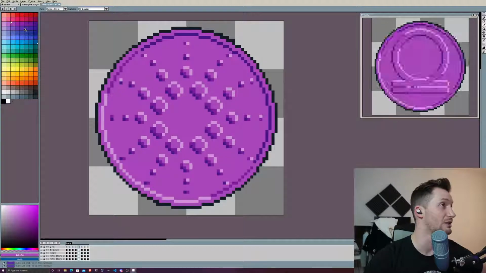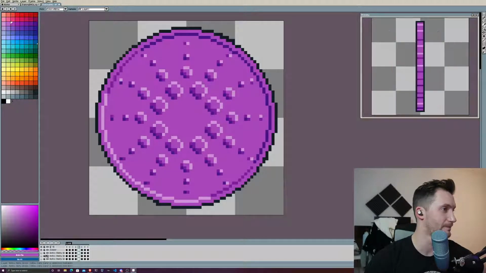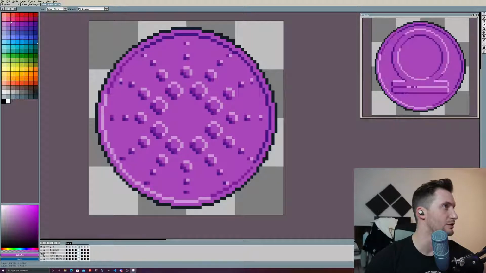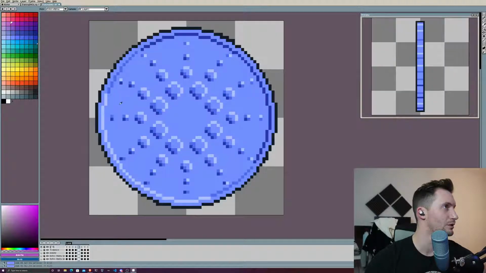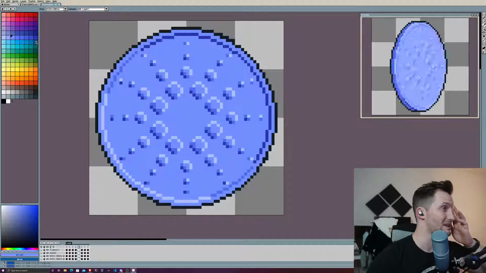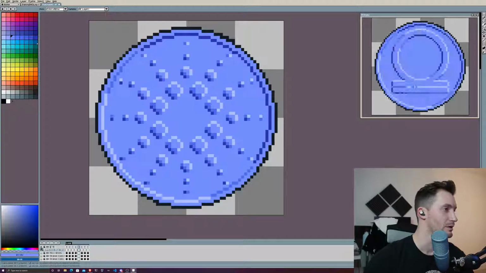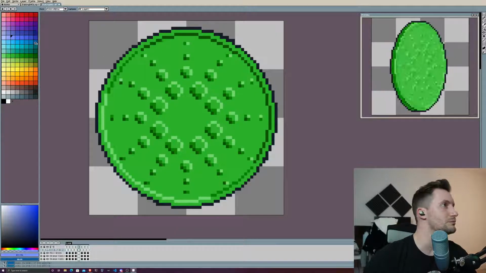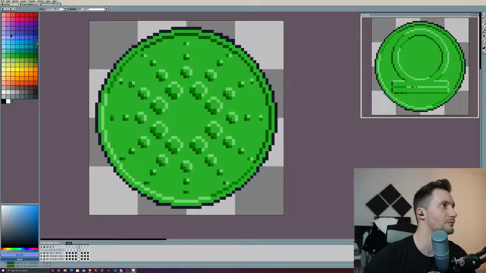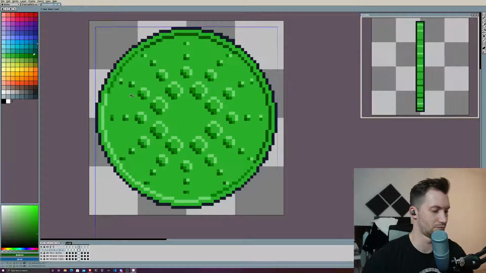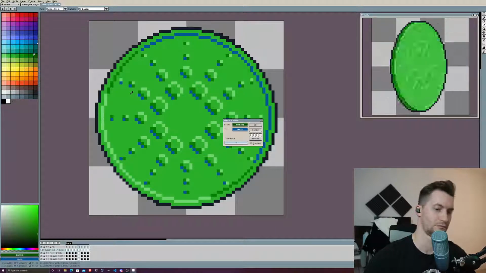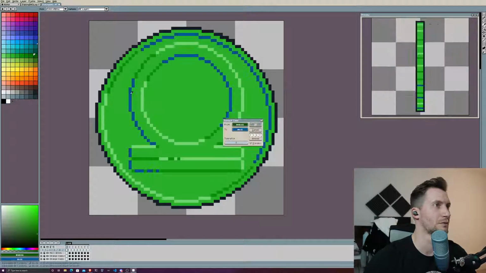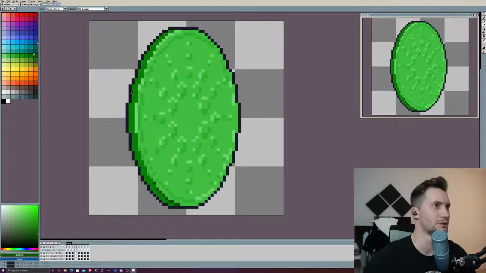Purple, we did that line. So maybe I do those darker ones then. Primary blue, what did I do for you? That one. Okay, right, so let's do this mid one. There we go. This will be it.